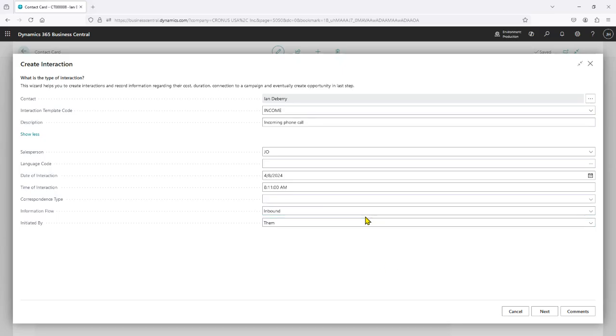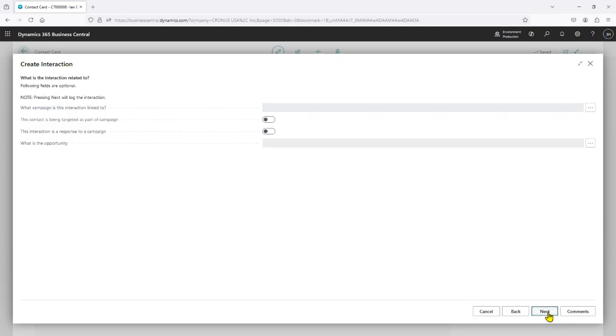And some basic information to allow management to view my activities. Was it an inbound or outbound flow? Who initiated this call, etc. I'll continue on with the interaction. Click Next. When I click Next one more time, I will be completing this interaction and it will get logged into the